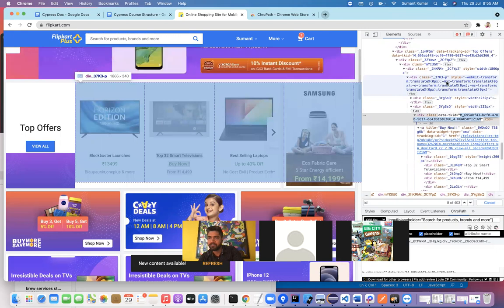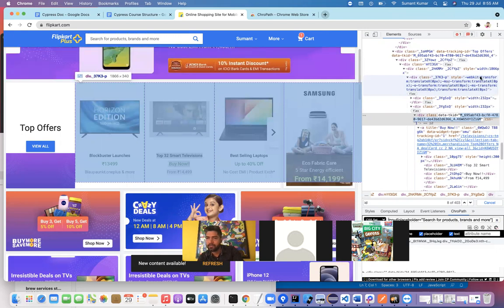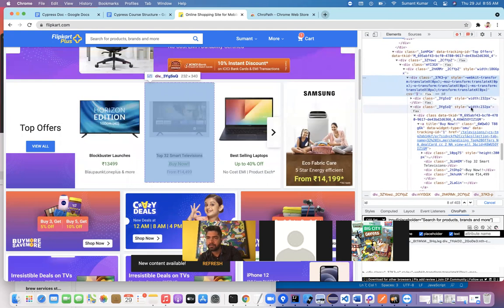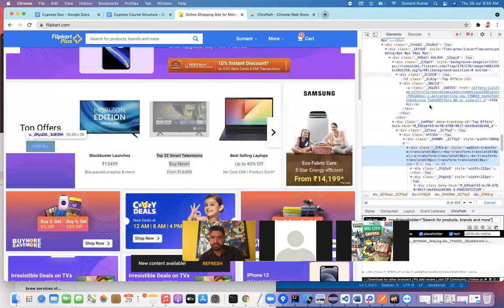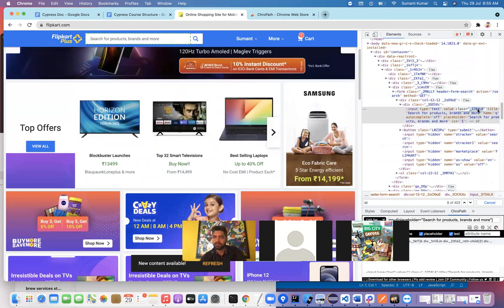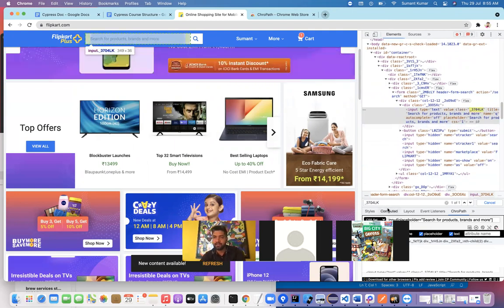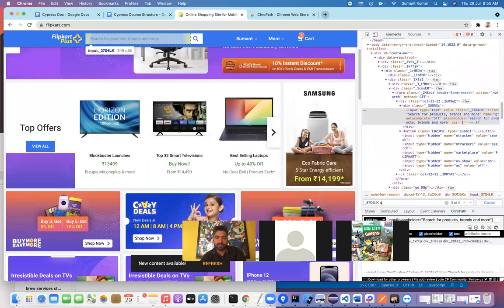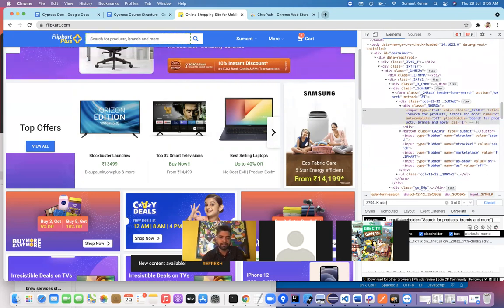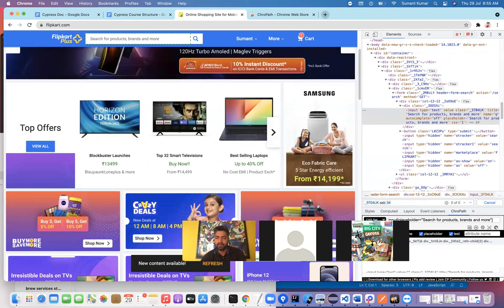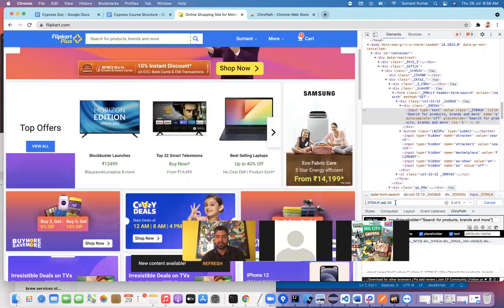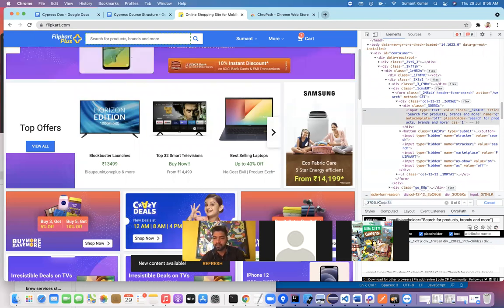See, I will tell you basically what I want to say. If I copy this particular one, let's see for this one. I will inspect this one, and here the class name is this one, right? By default. But sometimes you will see the class name will be like this, and then they will write a b something, then 3 4. So let's say this is the class name. If you are using dot here, the class locator still will not work. Why? Because there is a space in the complete class name.